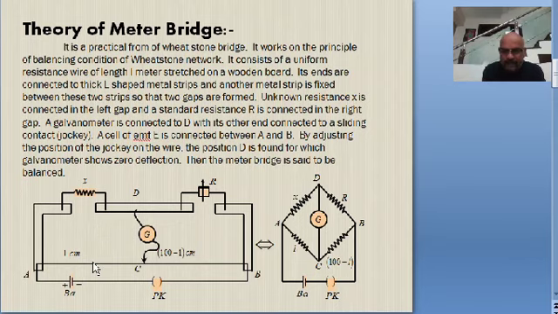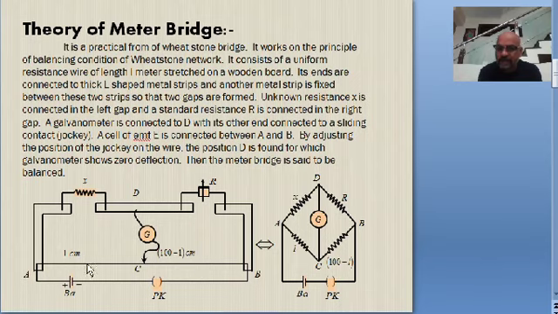Here this wire AC, say the length of the wire is L centimeter, it is not 1, it is L. This L centimeter wire will have some resistance, and the remaining is 100 minus L, because the length of the wire AB is 1 meter, 100 centimeter. Therefore, the resistance of the CB part of the wire is directly proportional to the length of the wire, which is 100 minus L. It is not 100 minus 1, it is 100 minus L.